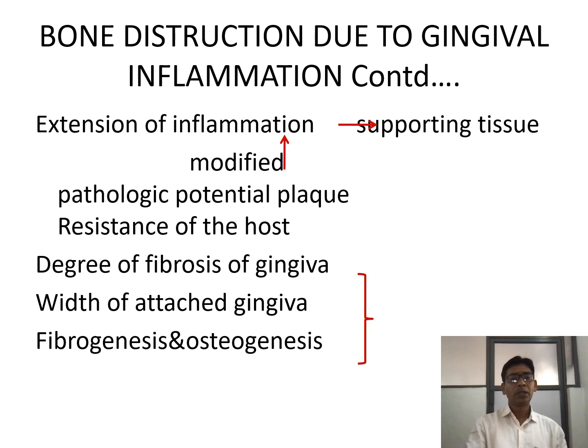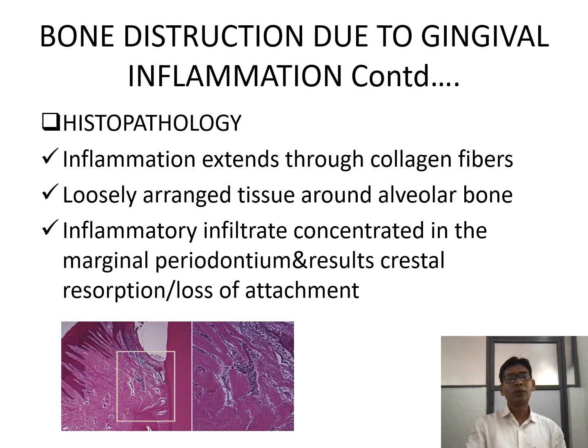Similarly, it is based upon the fibroblastic activity as well as the osteogenic activity of the individual, or the host response of the individual. If the host response is very much affected, for example in diabetes mellitus, this inflammation will spread to what we call periodontal disease or periodontitis, leading to bone destruction. Now histologically, the bone destruction from the gingival inflammation will